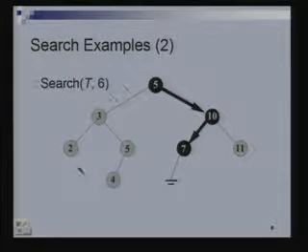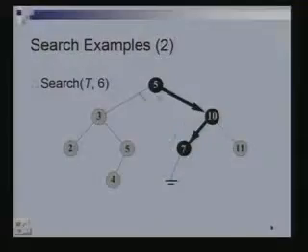Suppose we have the same example, but now we are searching for 6. So, we come here, 6 is larger, so we go right. Then we compare 6 with 10, 6 is smaller, so we go left. Then we compare 6 with 7, 6 is smaller, so we try to go left, but the left child is null. So, it is not there,